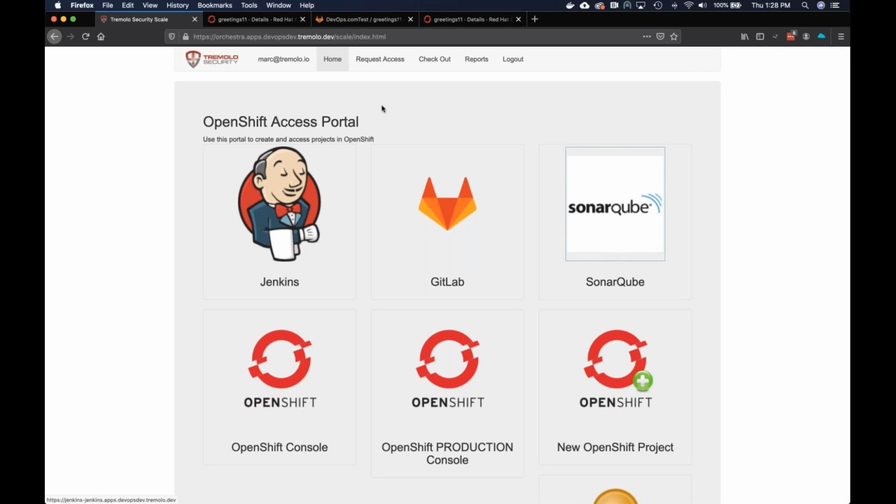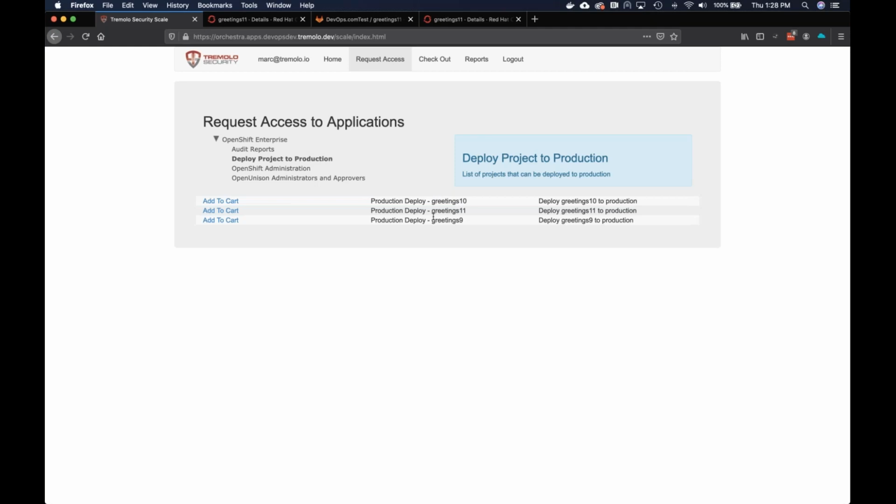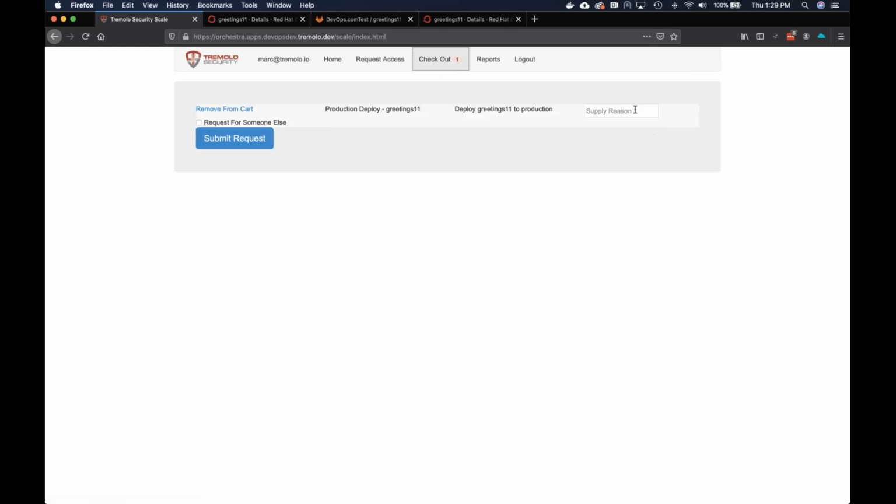So now, as a developer, I want to deploy into production. I'm going to click on Deploy Project to Production. You'll see we have a few projects here. This is a dynamic list. As we add new projects, they get added to the list, so you don't have to go through and add new workflows for every single project. It's all dynamic. You'll also see that every project is not listed here. That's because we've said, only give me projects with a label that says it was generated by OpenUnison. We don't want just anybody to deploy anything. So at this point, I can pick which project I want to deploy, add that to my cart, give a reason,